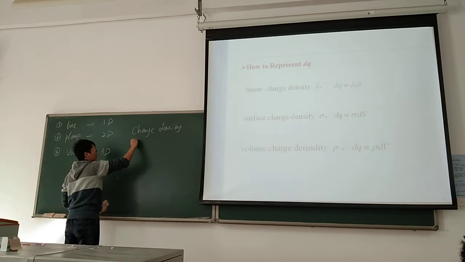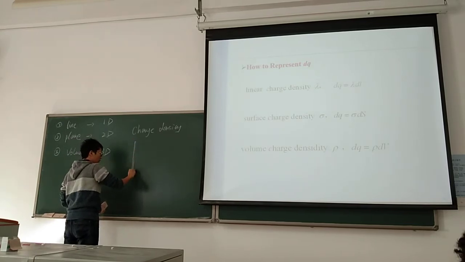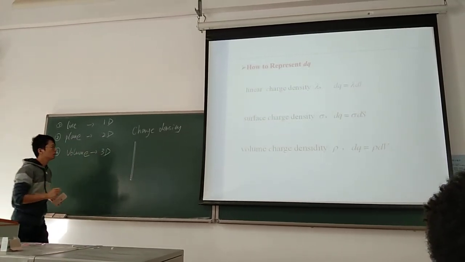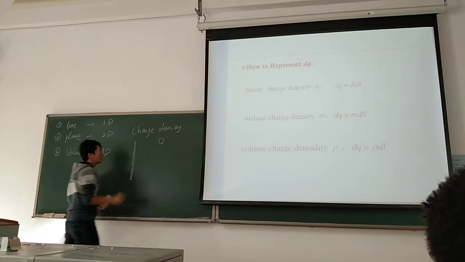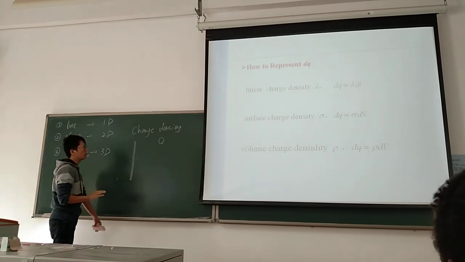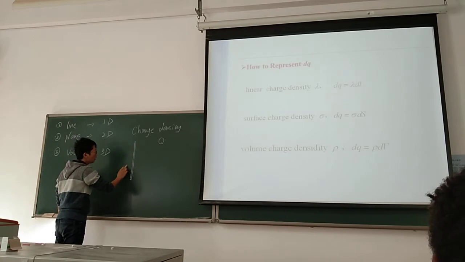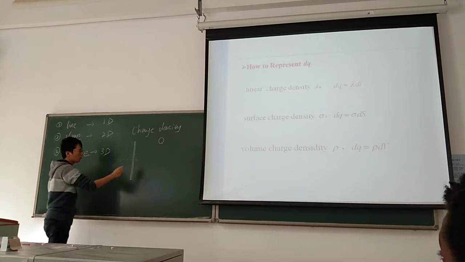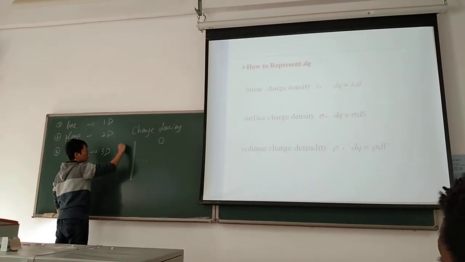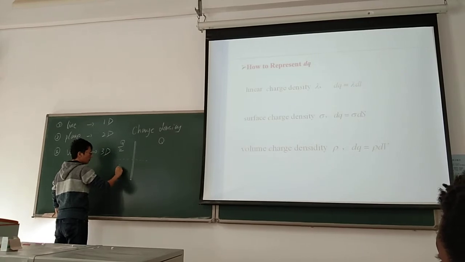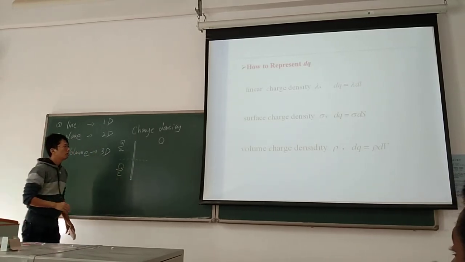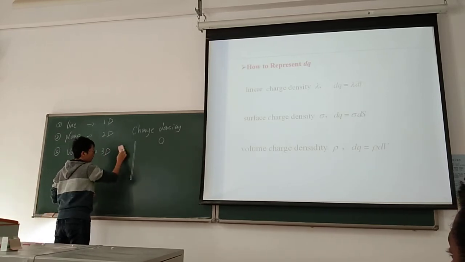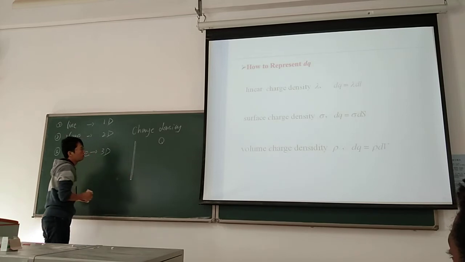For a line, if the overall charge amount is a large Q, which means the charge is uniformly distributed along a line, and we cut it into two pieces, the upper one has a half Q, and the lower one has a half Q too. If we cut it into numerous smaller pieces,